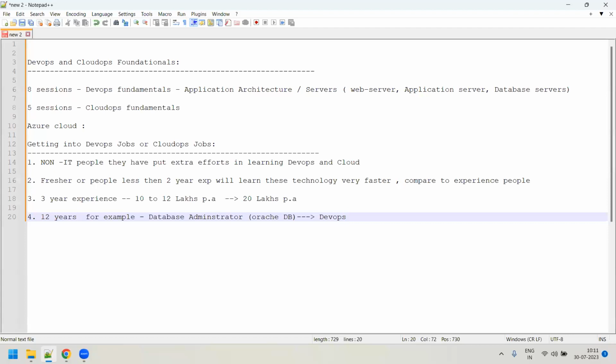Because in DevOps or cloud, a lot of tools and new technologies come in, so the industry expects people to have knowledge of all these things. Even though database administration is a very good job, I'm not saying no, those demands have come down. They are not that highly paid nowadays. Even a person with 2 or 3 years of experience can manage the work.